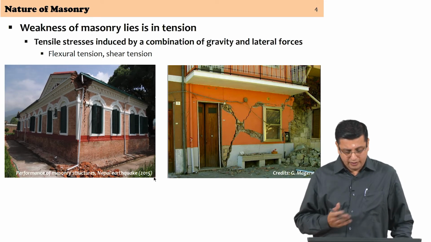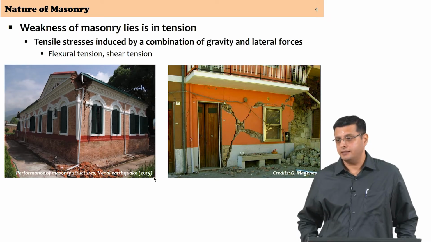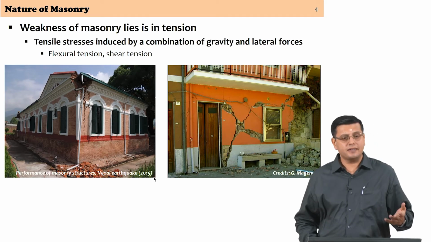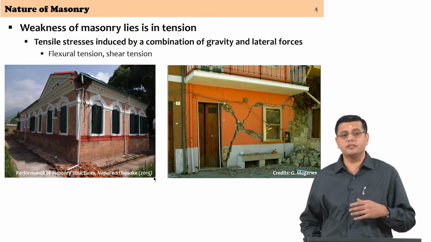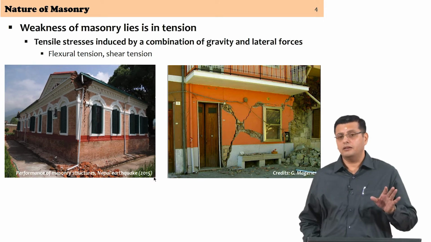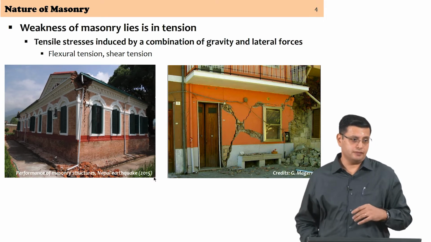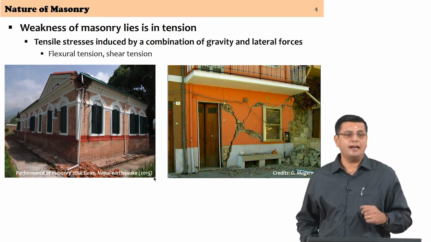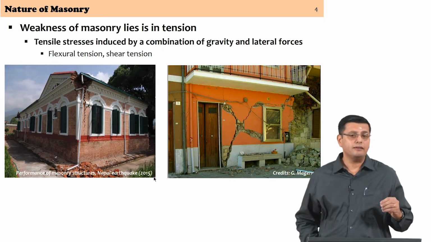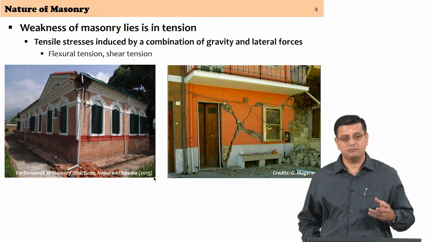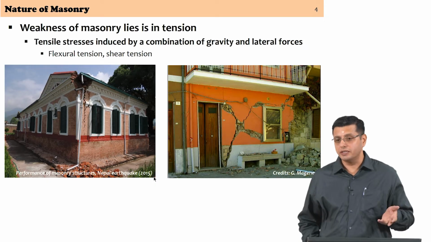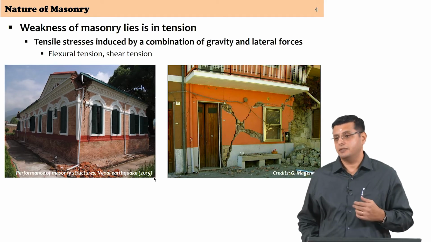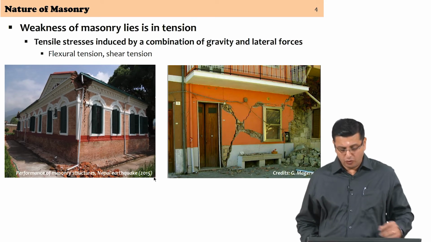So, in this particular slide there are two things that we can look at. Tensile stresses, when we exclude the possibility of direct tension, what leads to the formation of tensile stresses? In structural systems, under the combination of gravity and lateral forces, you will have situations where tensile stresses can be generated, particularly in the form of flexural tension or in the form of shear tension. That is where you get principal tension situation in masonry. So, when you have that,